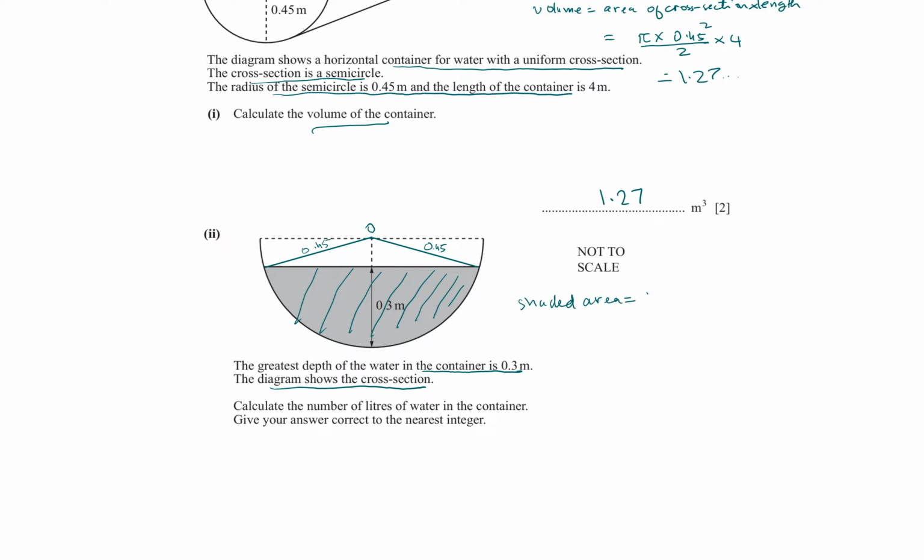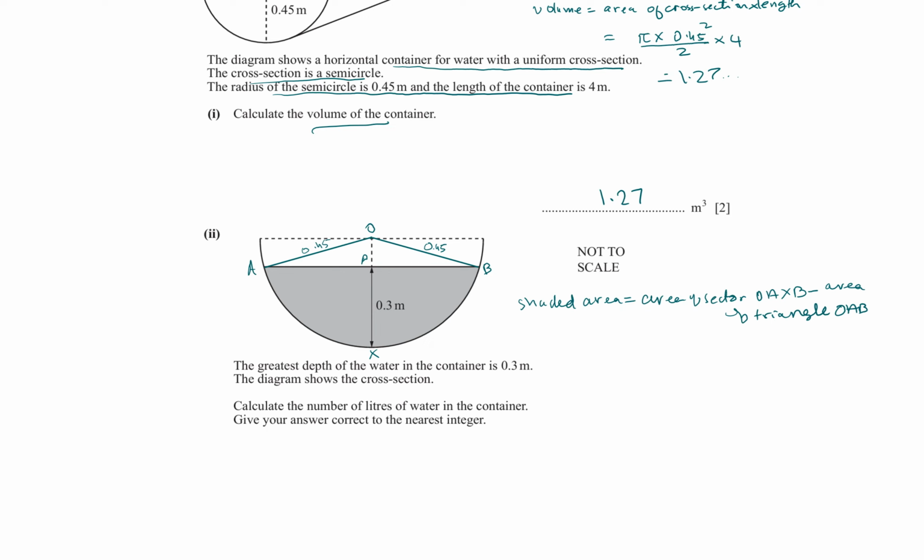equal to the area of sector, if I name it OAXB, OAXB minus the area of triangle OAB. So I need to name this point something, say P. So then the area of